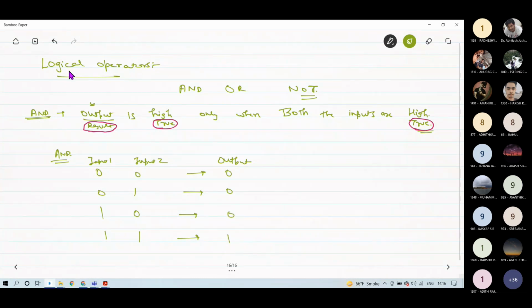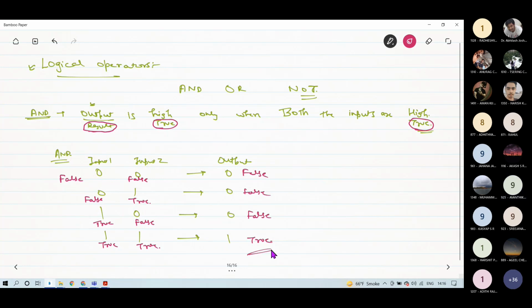Now similarly, I am applying a logical operator in my C++ programming, and I am replacing these inputs with conditions. I am representing 0 with false condition, and 1 with true condition. So this is false, false, false, and true.